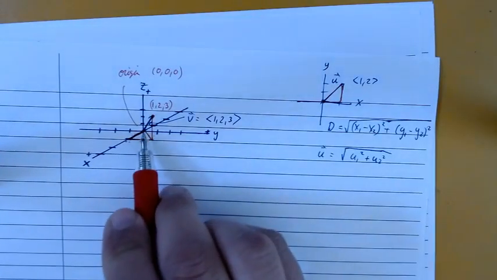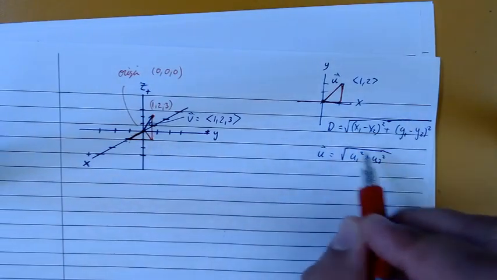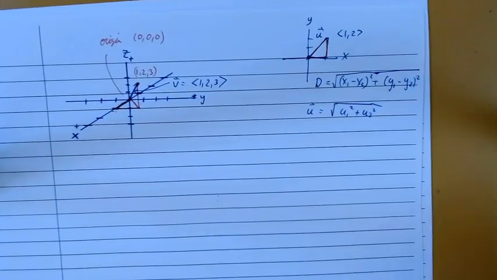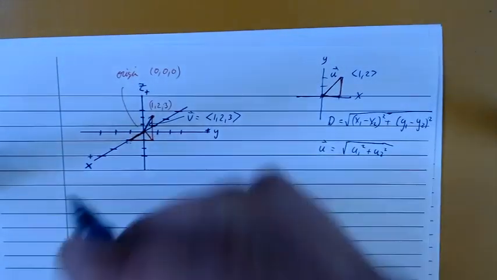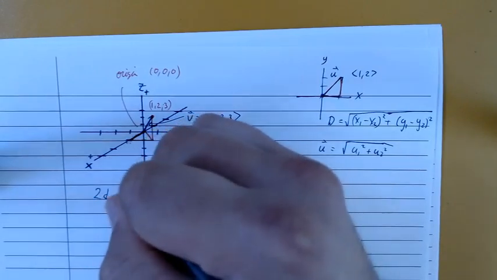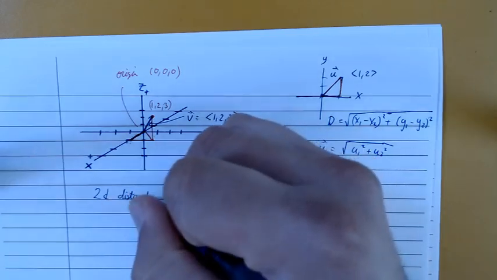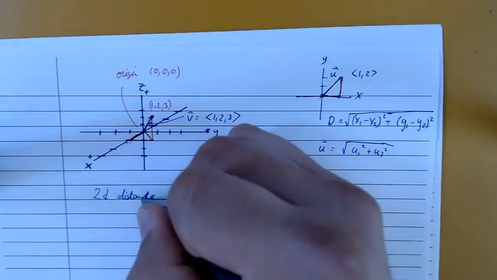So in order to find the distance to get me directly underneath my point, that's just the Pythagorean theorem. That's just the magnitude of a standard vector in the xy plane. Okay, so that means my 2D distance, my distance in 2D,